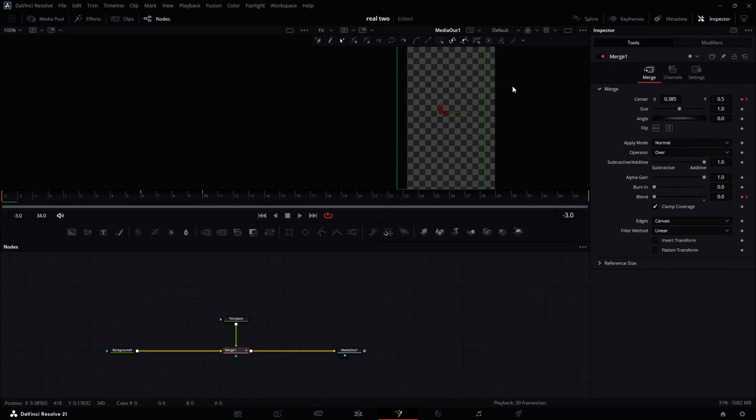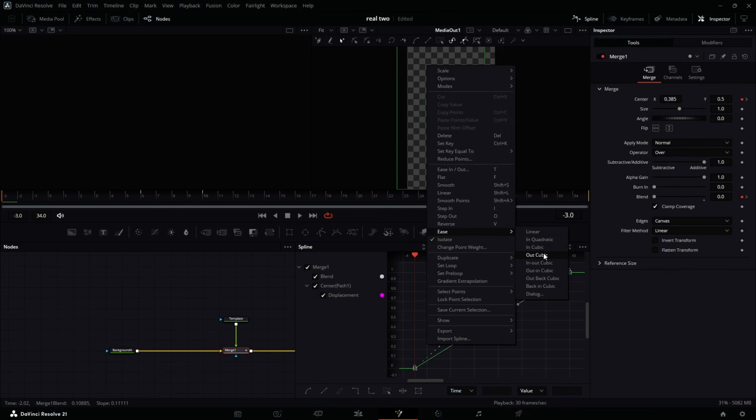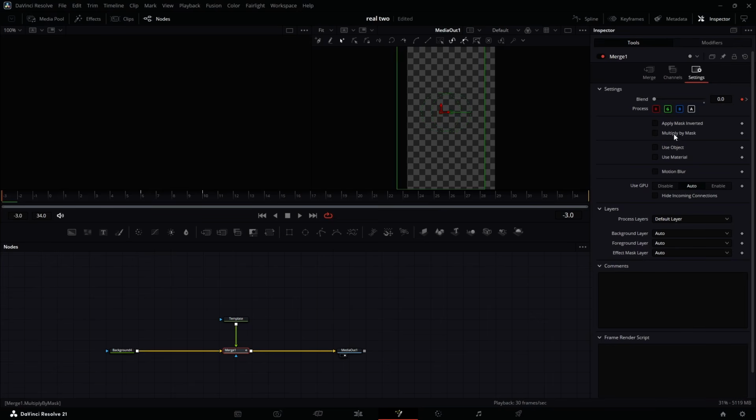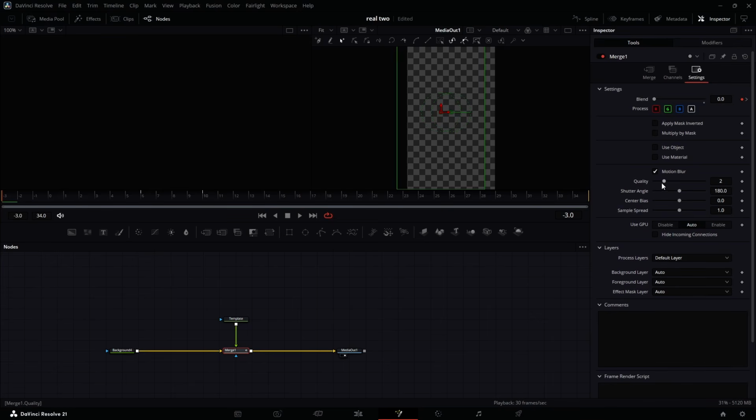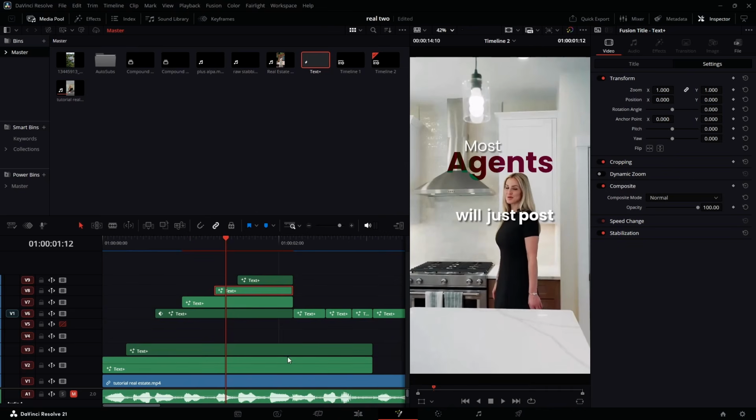Now select all of these, make sure you zoom to fit, select all, out cubic. Good. Make sure you come to settings and you turn on motion blur. Now you can increase the shutter angle, and let's come to this one, open this one in the Fusion page,